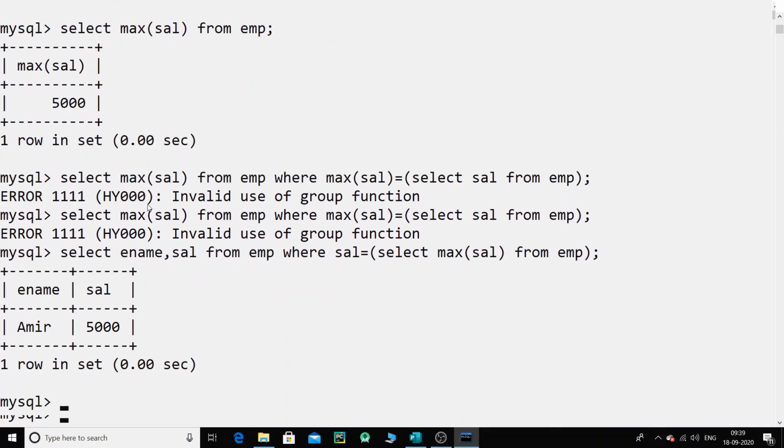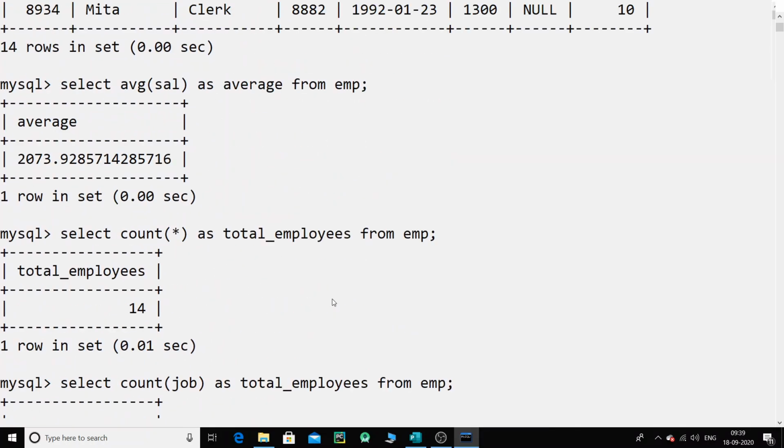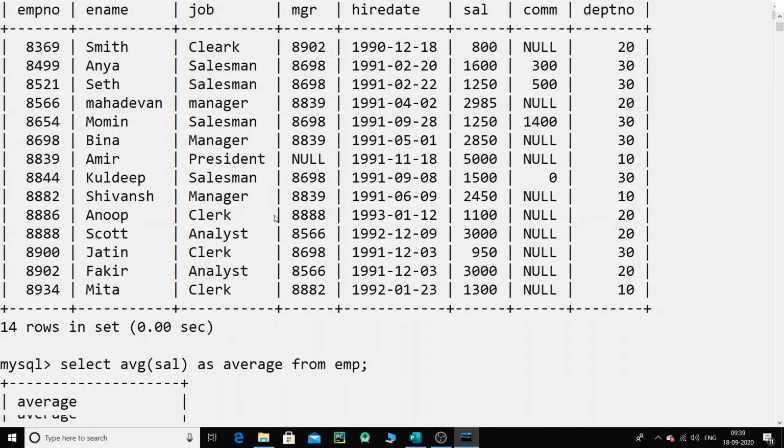And this is how now the employee, that is Amir, has the max salary, that is 5,000. Now let me check where is Amir, and you can see Amir is a president, and he has the maximum salary, that is 5,000.